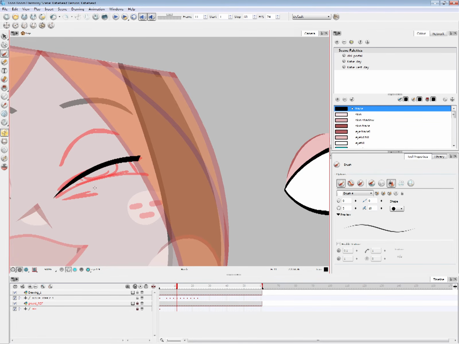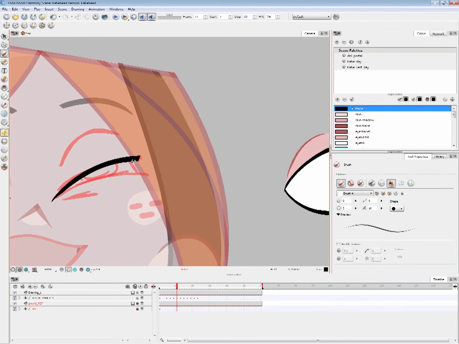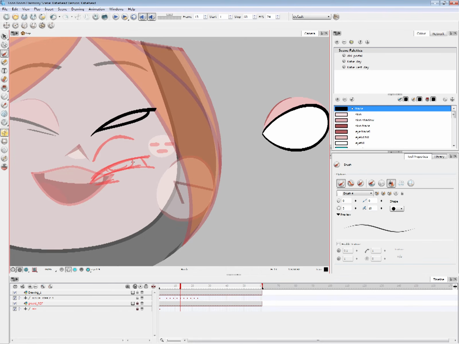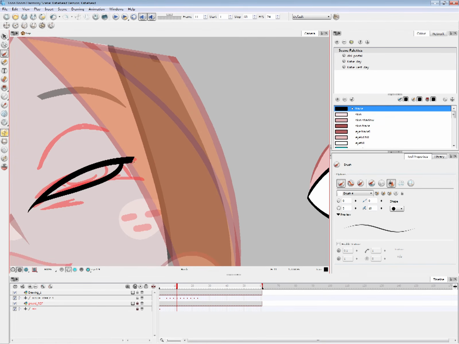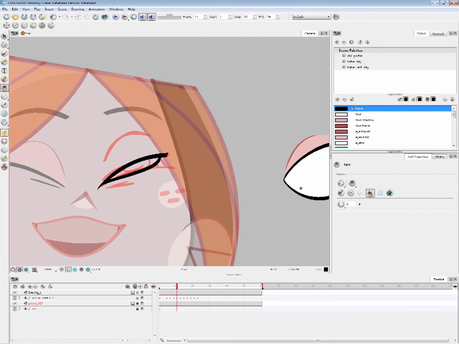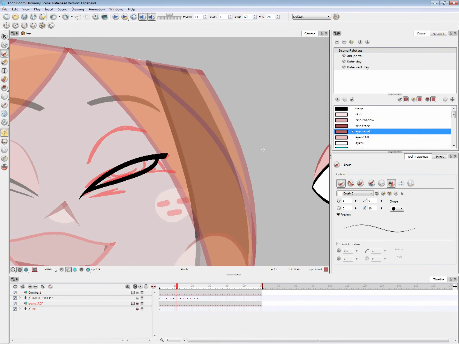Just taper it a bit. Let's see. I don't know if that might look off model, but it might be okay for our purpose. Sample her eye.